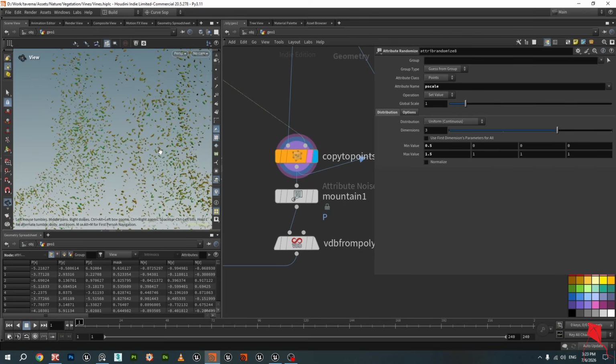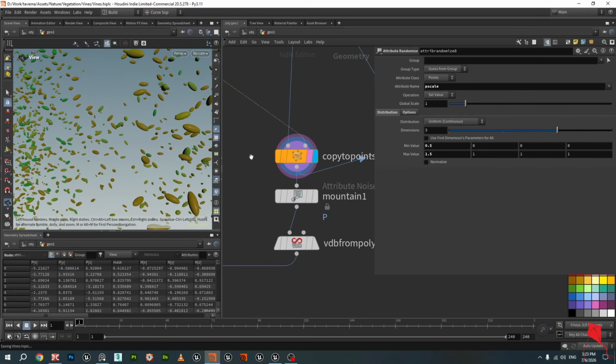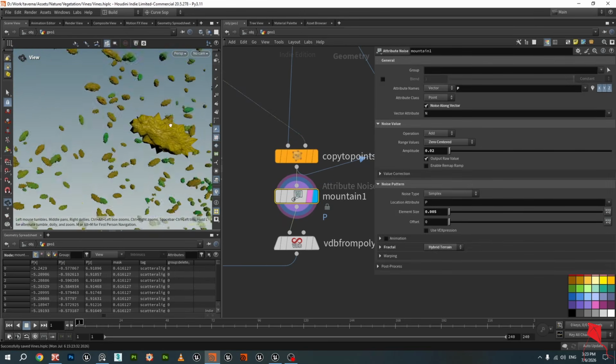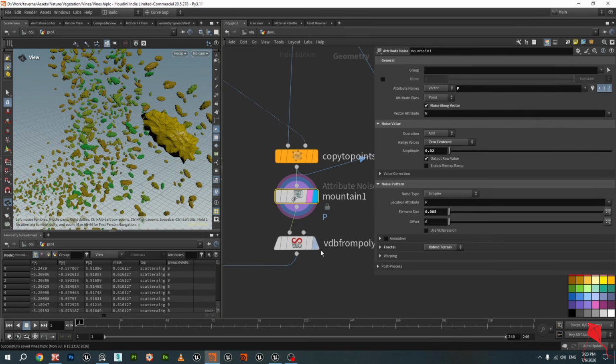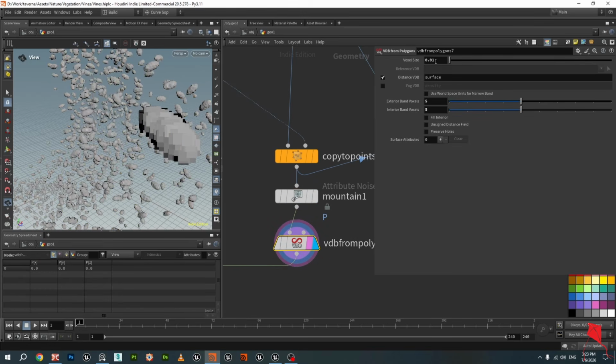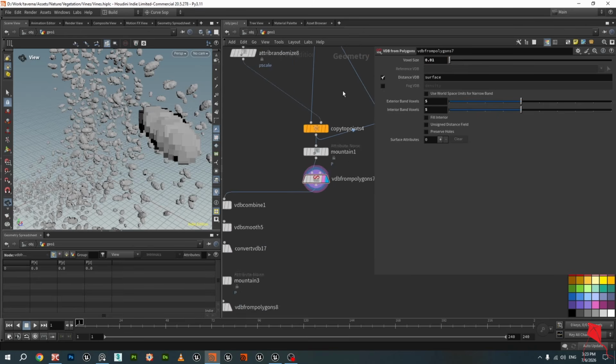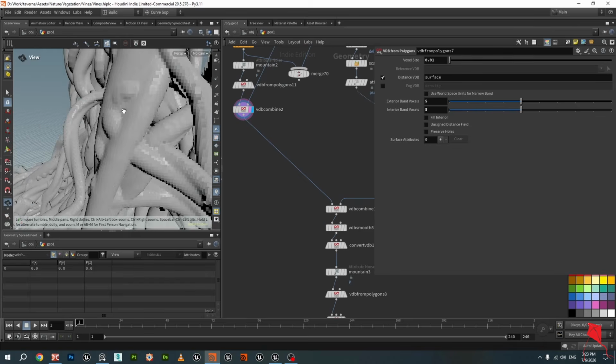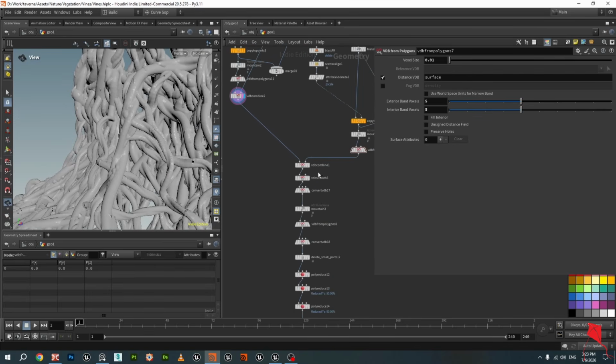So after we scattered them, once again we do a mountain node to make them a little bit more uneven, and we do again VDB from polygons, so we voxelize them. The size is what it was, 0.25. Well, let's keep it at 1. And so we had our combined little wormies and roots, and now we combine